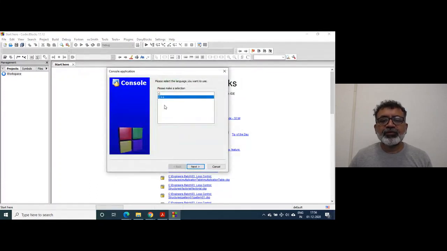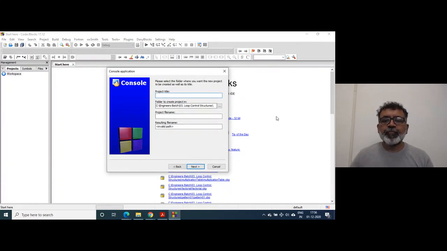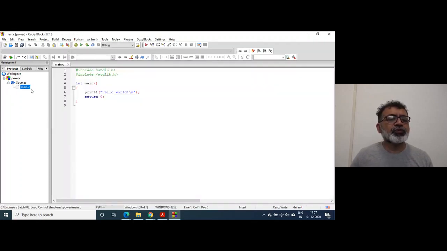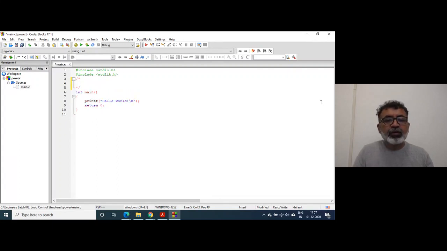Then we'll write one more program. Power. Let's try to write a power function. Power is what? 3 raised to 5, something like that. Write a program to print one number raised to another.